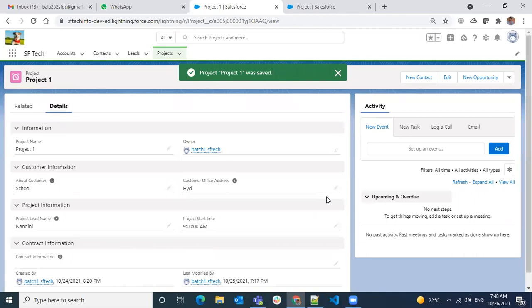The thing is, if you already have some records and you add any kind of validation at field level or page level, then after you make the change, if you try to edit any of the records, it will show the validations. Even if you're not making any change and just try to save, it will not allow you. Why? Because now you have the validation.